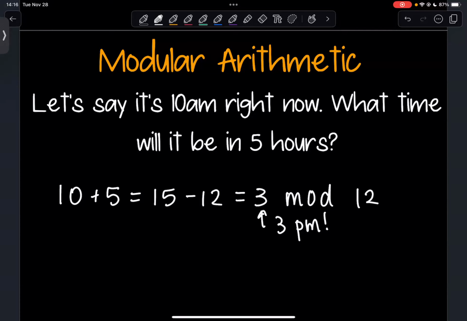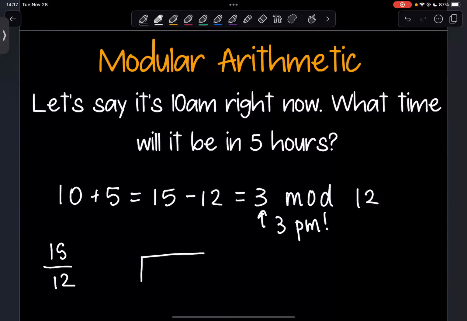Okay, another way that we could think of this is we can do our 12 plus 5, which is 15, and then divide it by 12. So I can think about 15 divided by 12 because I'm thinking mod 12 or my clock having 12 hours. And really the information that I want out of this is going to be my remainder. Really, when I think mod n, I want to think my remainder after dividing by n. In this case, if I want mod 12, I want to think about my remainder after dividing by 12.